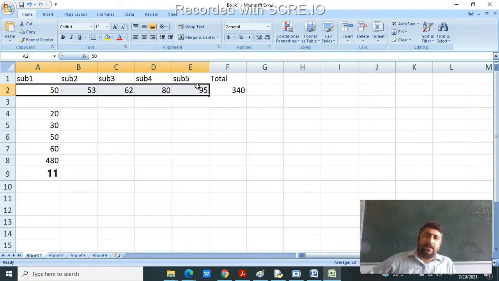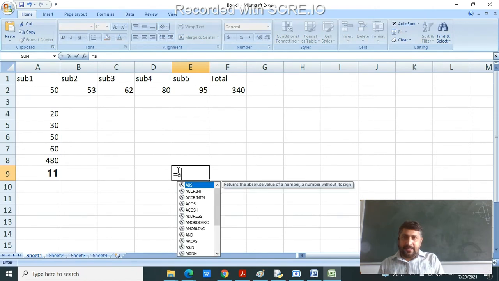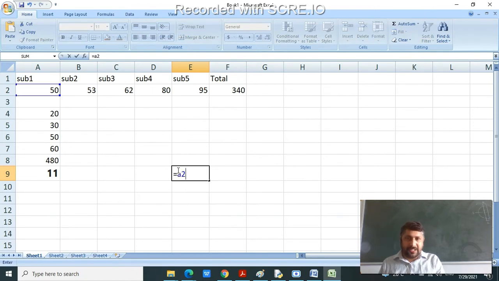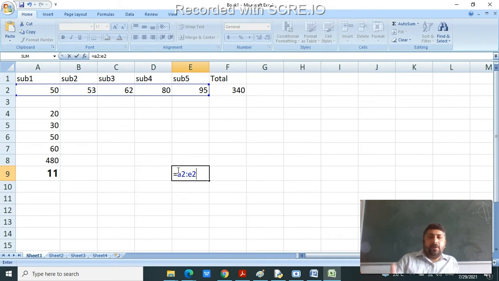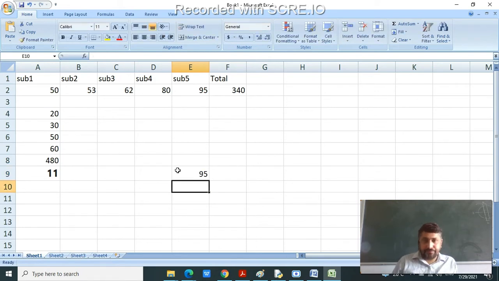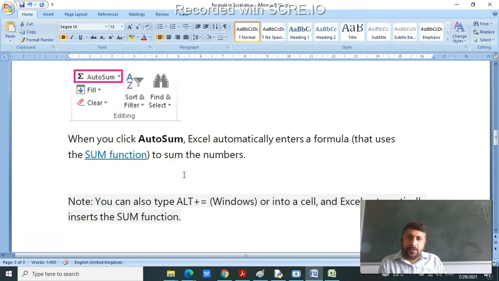When we select many numbers from different cells in an Excel sheet, it is called a range of cells, like A2 is the first cell and P2 is the last cell. In a range we use the colon symbol, and we write the first cell and the last cell, and it selects all the cells in that range. So how does AutoSum work?